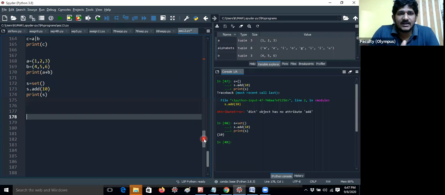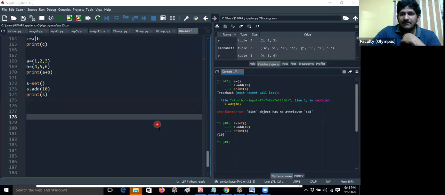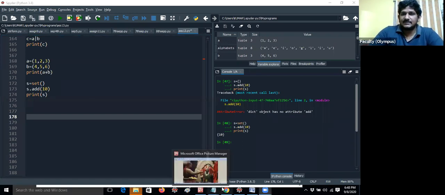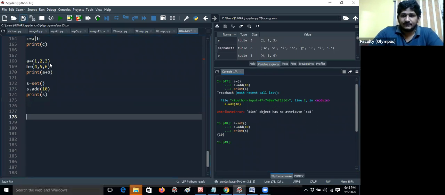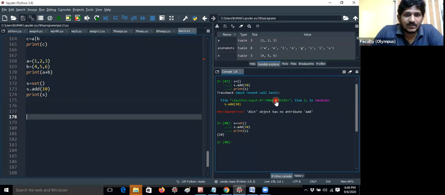So Vamsi, you are asking the question. Tuple means you can use the index values also. By using index values, you can print it line by line. That's not an issue. I hope everyone understands clearly. Nobody is asking doubts. If you have any doubts, please mention them in the chat box or in the feedback link, and I will clarify. I think most of the students went away. Thank you, guys. Nobody is asking questions, so I hope you understand clearly. Yes, all students are saying clear. Thank you, Monica.